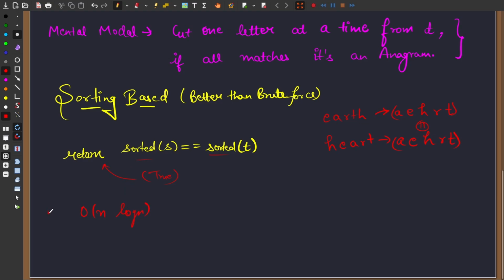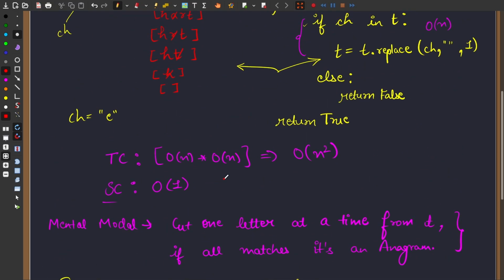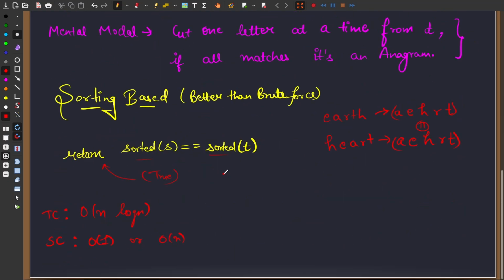Because of that, the time complexity becomes order of n log n, whereas the space complexity can be order of 1 or order of n also. Why order of n also? Because it depends on how we are implementing the sorting approach, right? So it can be order of 1 or order of n. But coming towards the time complexity, it is exactly order of n log n. So if you see here, we have optimized this approach from order of n square time complexity to order of n log n. All right,